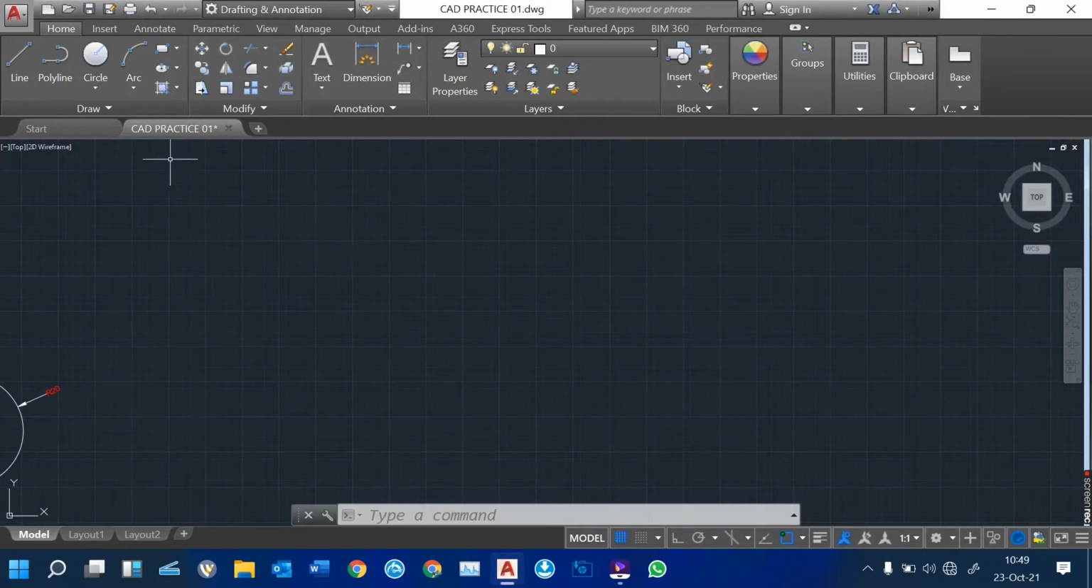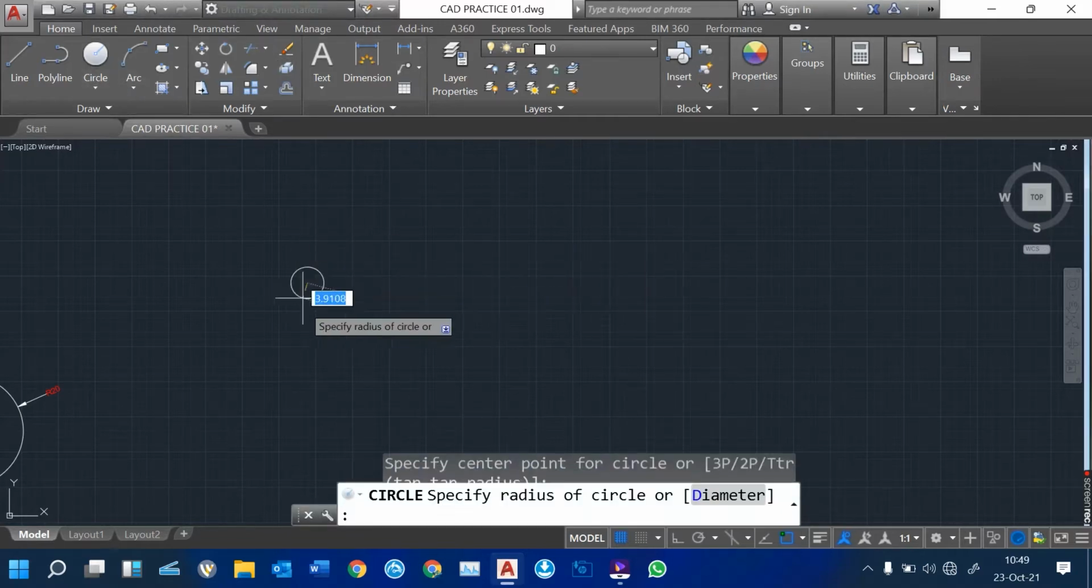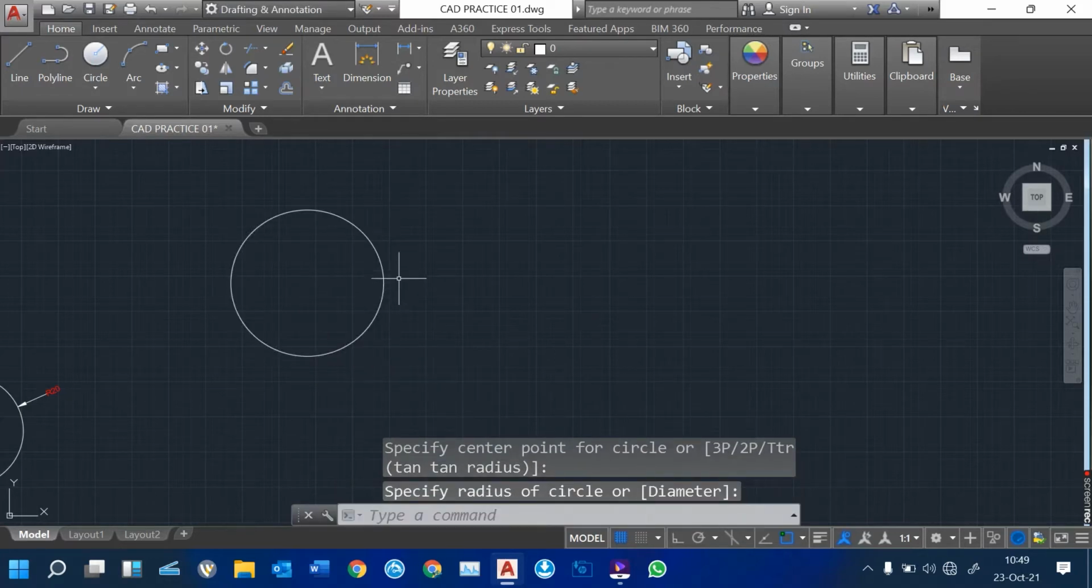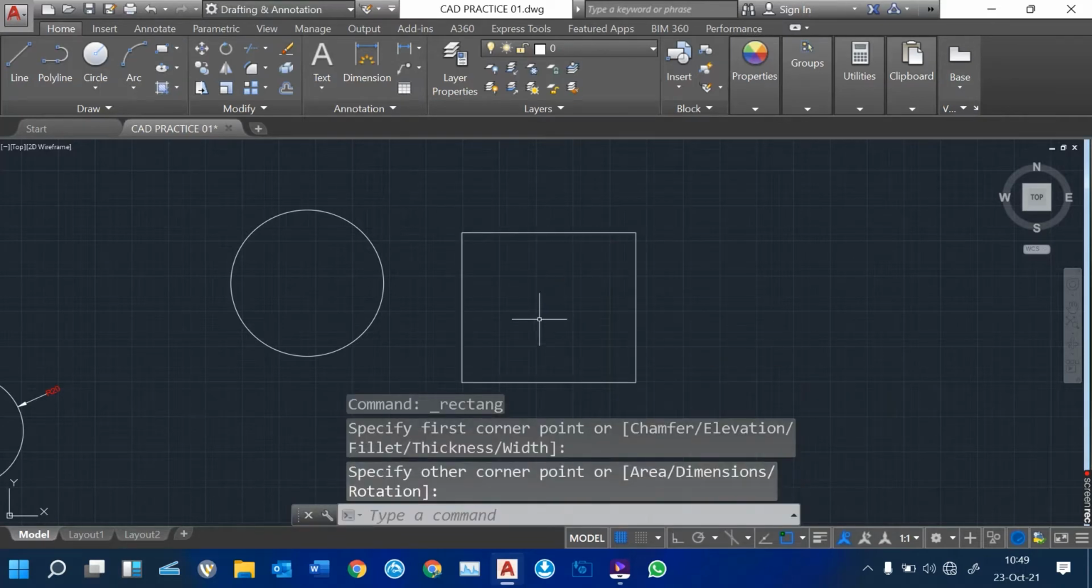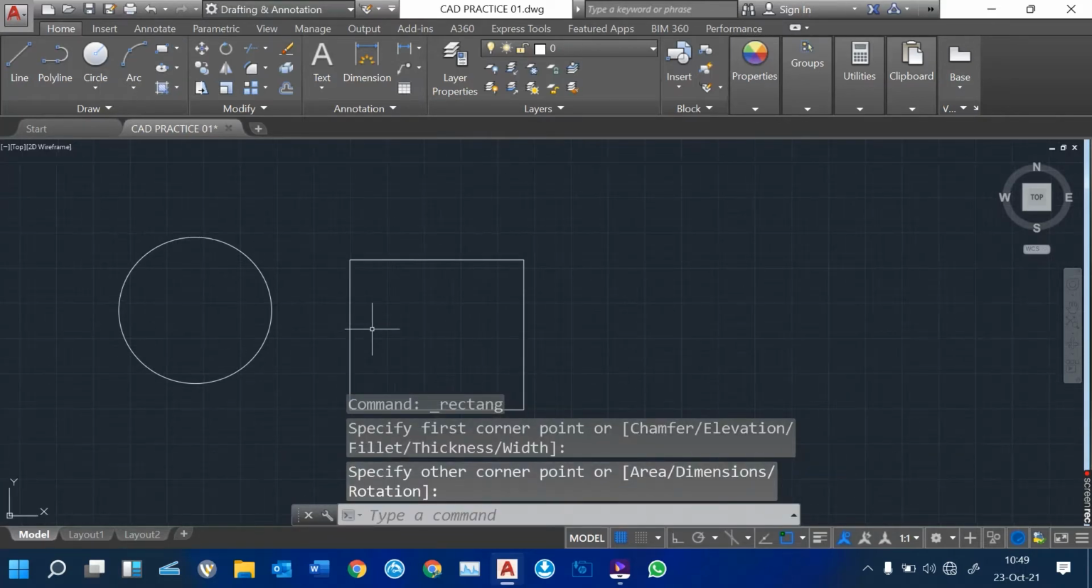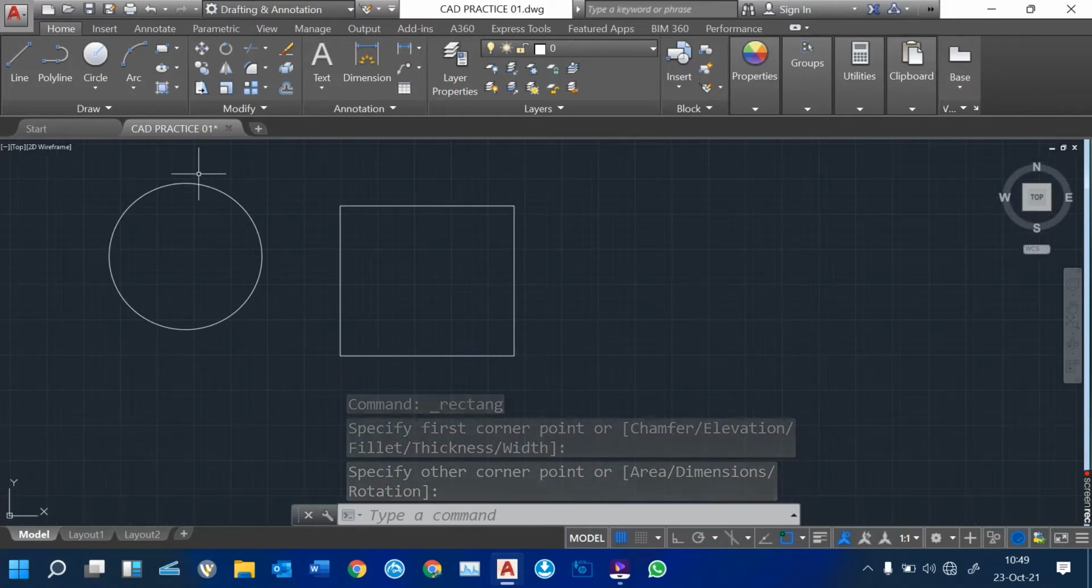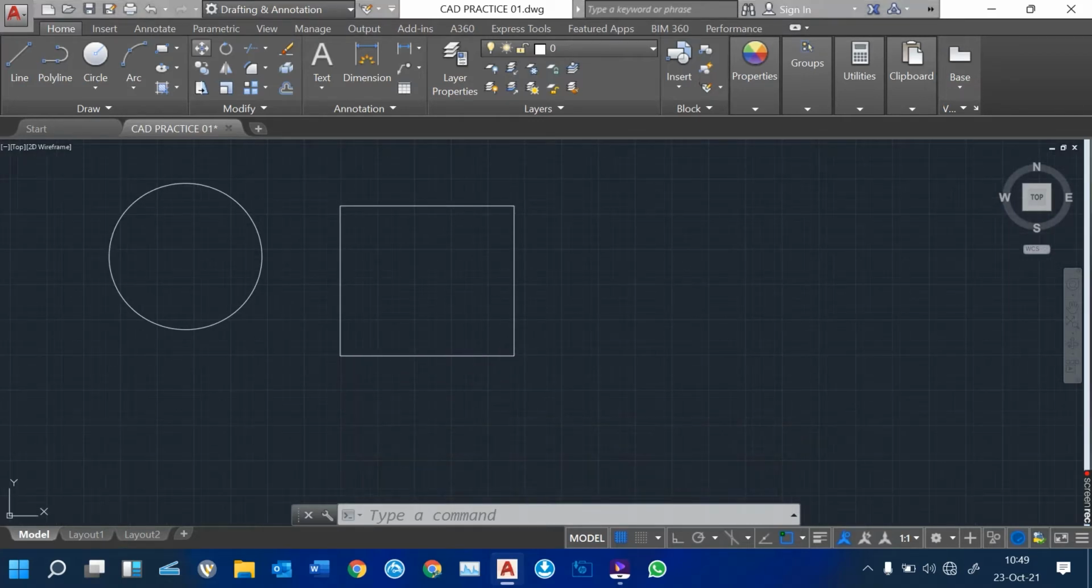So to start, I'm going to have a sample drawing, like a circle or maybe a rectangle, and I'm going to show you how we can use the modifying tools to modify this component. So I'm going to start with the move. So when you click on move,